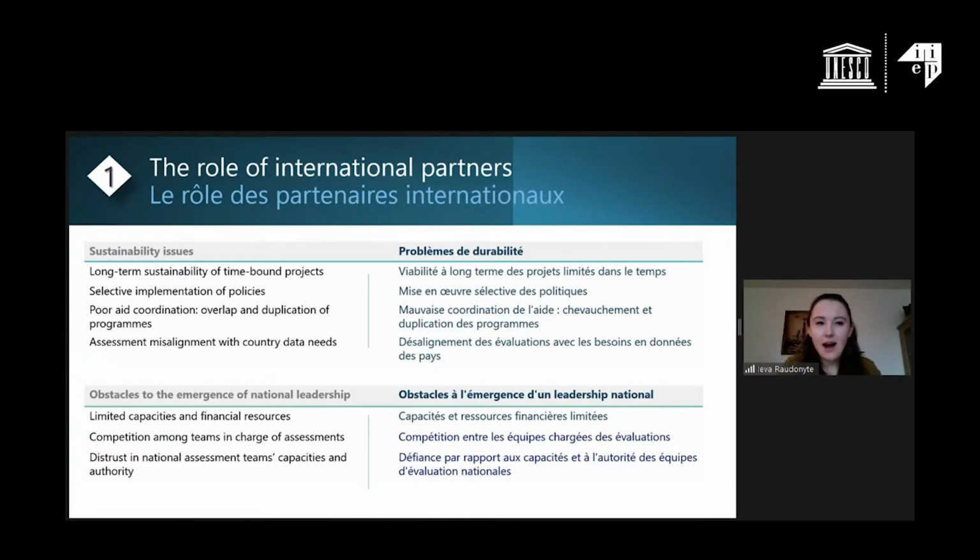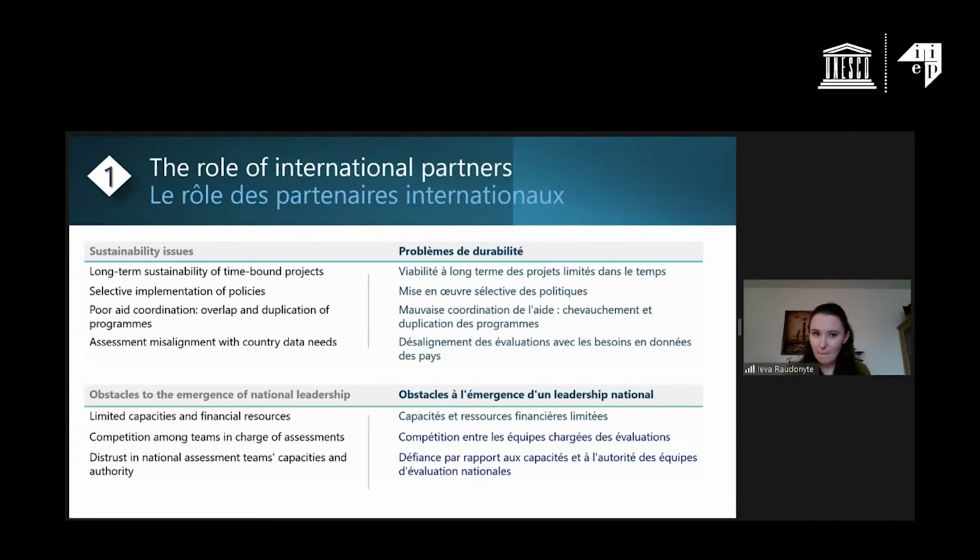As assessments are often introduced as external projects that are by definition time-bound, sustainability concerns emerge, and we saw in our study that it is sometimes difficult for national governments to take over the funding of assessments. Another issue also exists when countries try to implement policies that might have been recommended by assessment results. Sometimes, if there is no external funding available, it is not possible to implement those policies, which leads to their